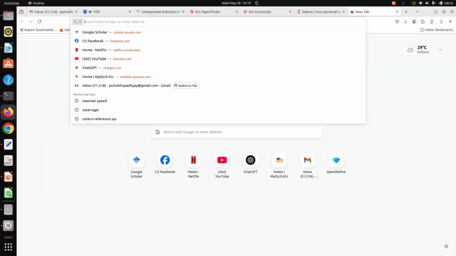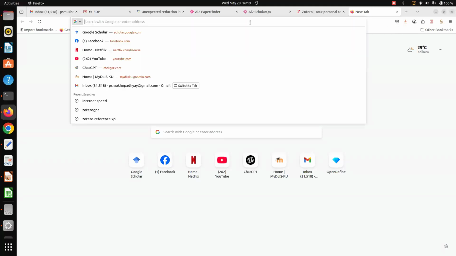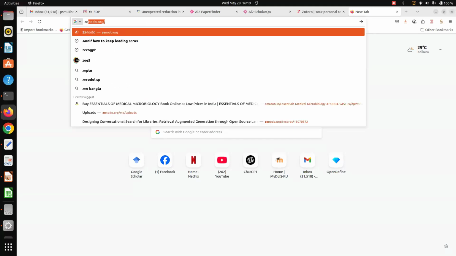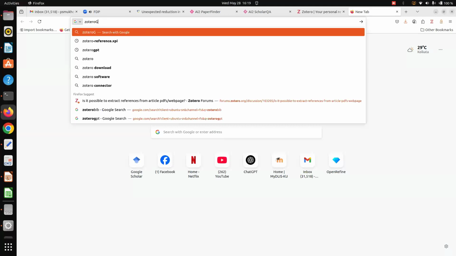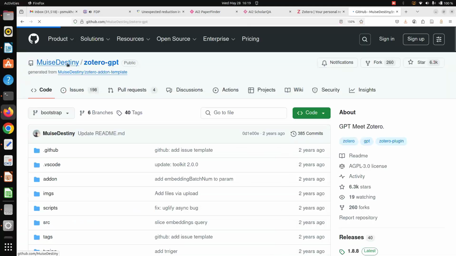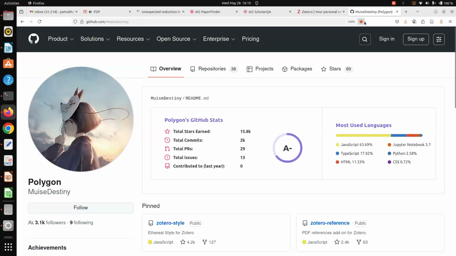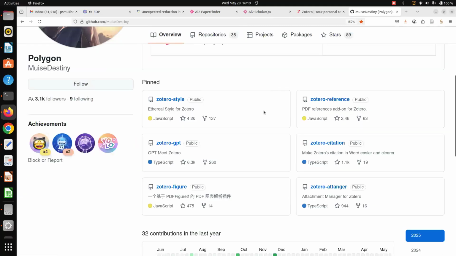So I'm searching Zotero GPT. This person, Music Destiny, developed different Zotero plugins but never included them inside the Zotero official documentation. He has some egoistic problem with the Zotero developer, but is parallelly developing for Zotero.